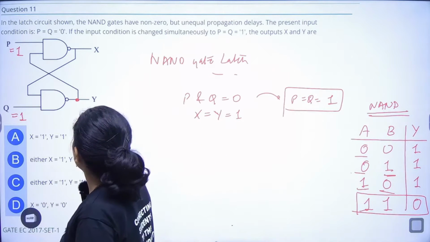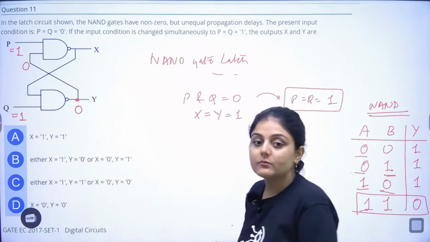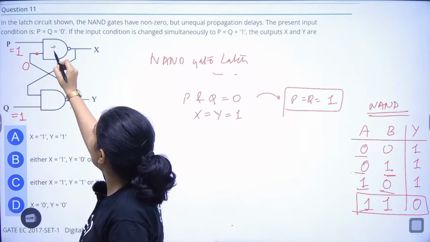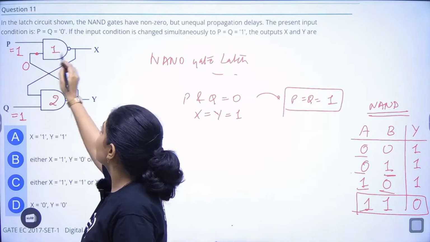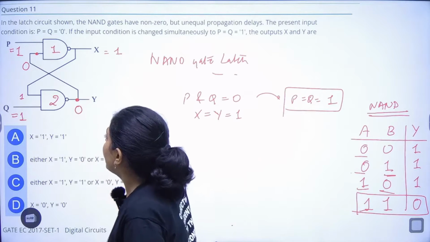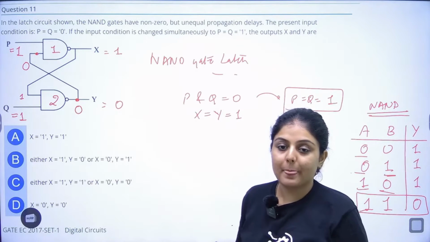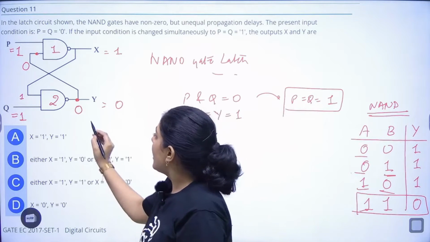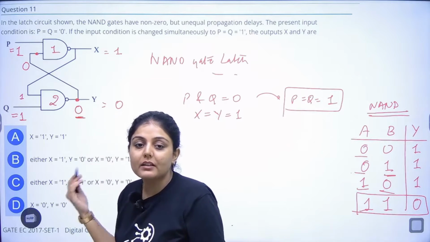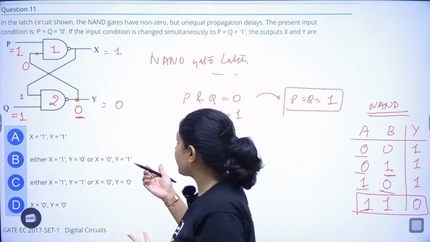Suppose this value y is equal to 0, the output will become 0. The other input to this gate, the gate number 1, will become 0. So 1 and 0, output will become 1. Here 1 will go here and 1 1 will be equal to 0. So this is a stable output, right? The output is stable since we have assumed it to be 0, and according to our circuit, the output given by this circuit is also 0. So our assumption is correct and this is a stable case.